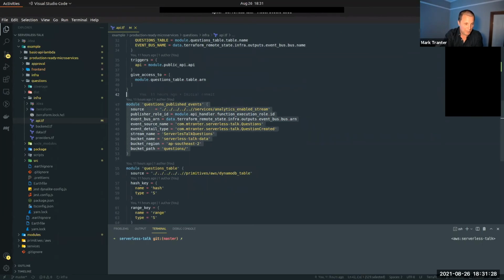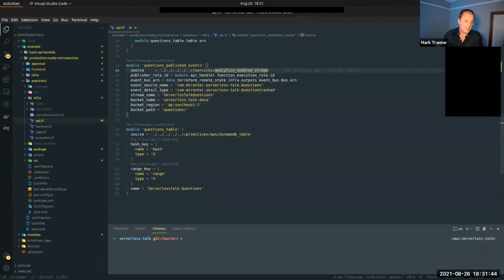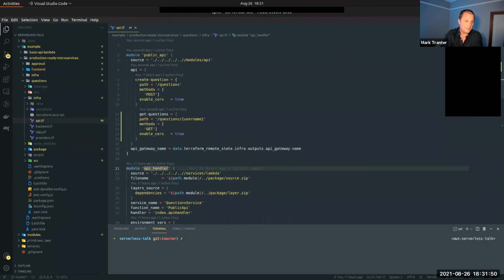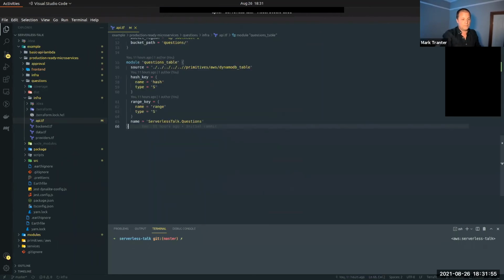I have a channel for publishing events. Now, again, this is all it takes to wire this up to send so that when I publish events out of my Lambda function, they're piped all through that convoluted data pipeline and out potentially to Glue, Athena, Snowflake. And I have a DynamoDB table. So I have 1, 2, 3, 4 Terraform blocks and 66 lines of code.